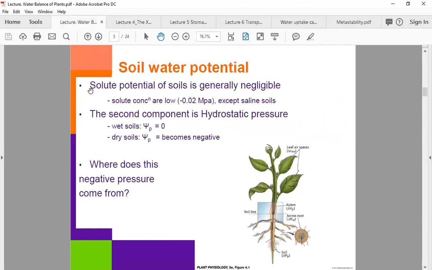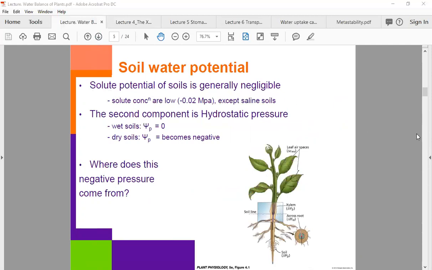All right, so let's now talk about water potential of soil water and what contributes to those values that we're familiar with. All right, let's start with what makes up water potential. And you remember,